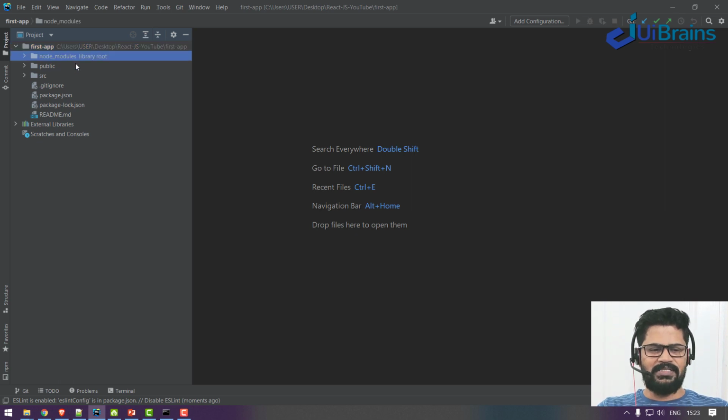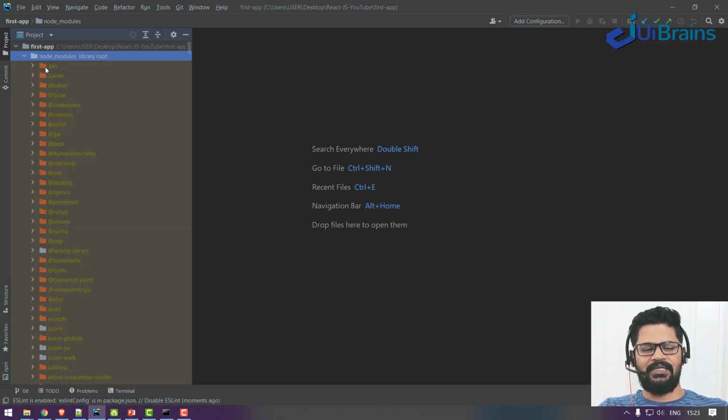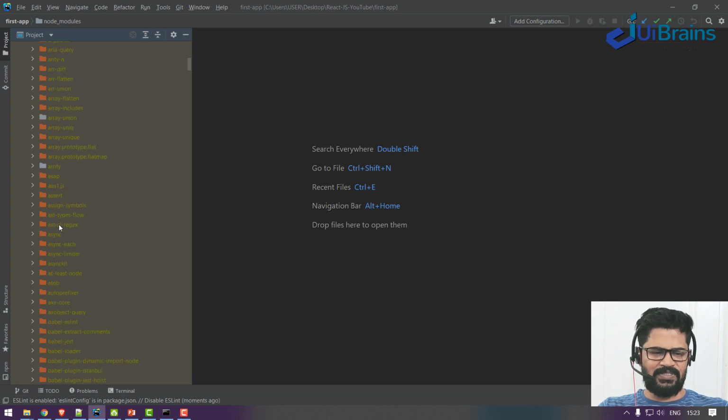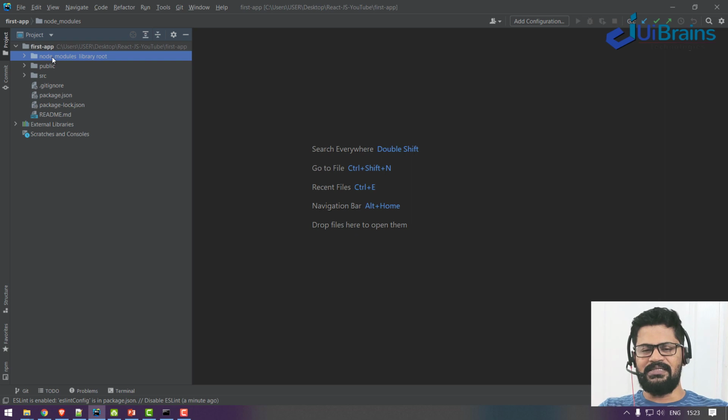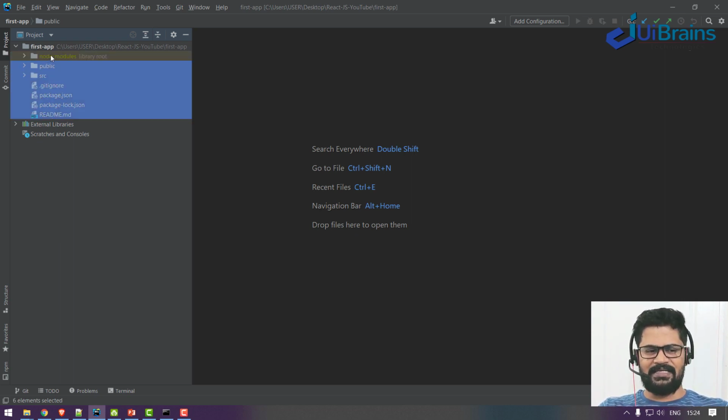There is a node modules folder. Node modules means all your JavaScript libraries, because React.js is one library, I mean a front end library, that internally uses some low level JavaScript libraries. So those libraries will be in the node modules folder. And you don't need to bother what all the libraries available inside. It's a huge folder structure, and you don't need to bother what is there, because this is automatically generated by the React project. What you need to bother about is all the remaining files except node modules.